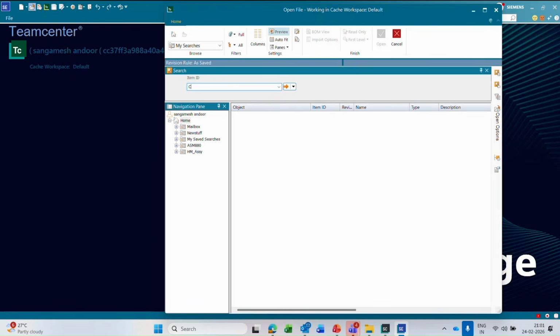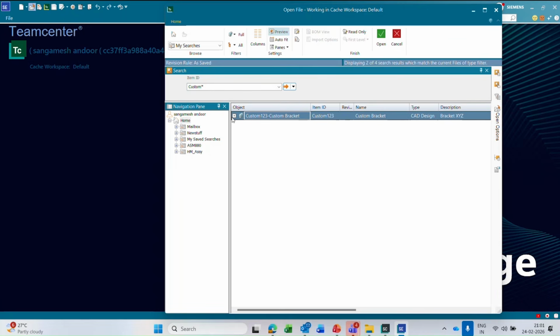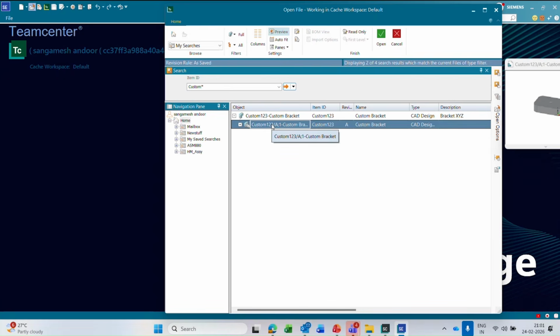By providing the name. So I can use the ASCII based searches also, like I can use the custom and put the star as a character here in case I don't know the full item ID. So here it provides that same file, and you can see when you expand the CAD design revision,